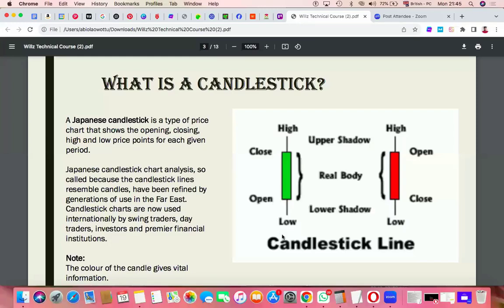And when it comes to the body, on how we read these candlesticks, if it's a bullish candle, which is a buy candle,